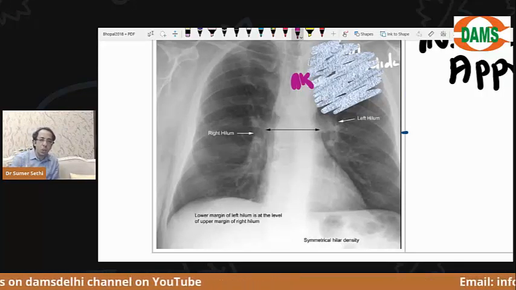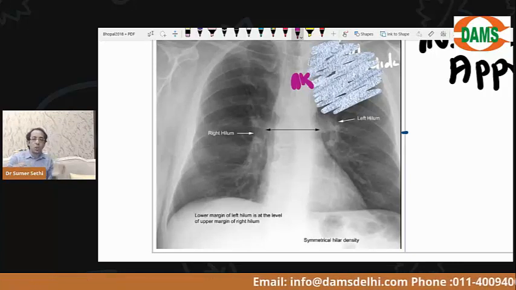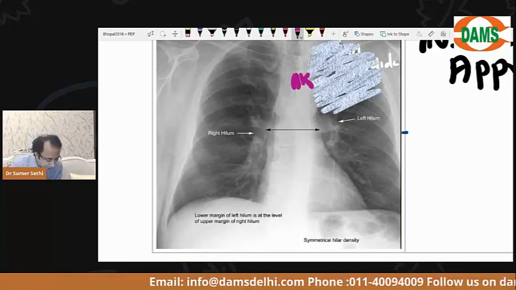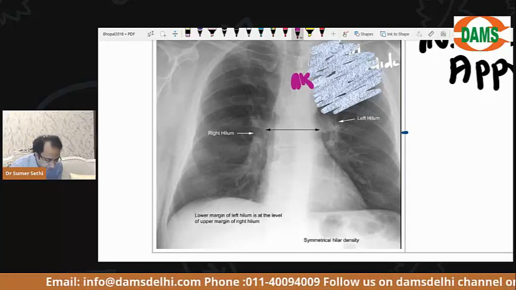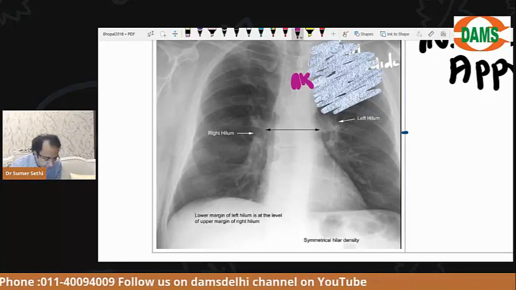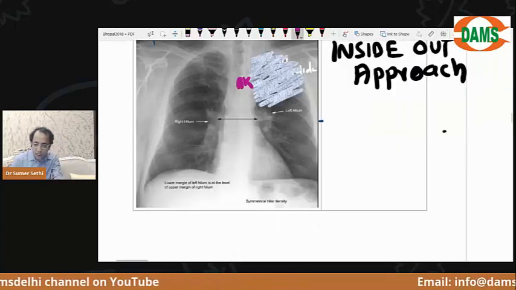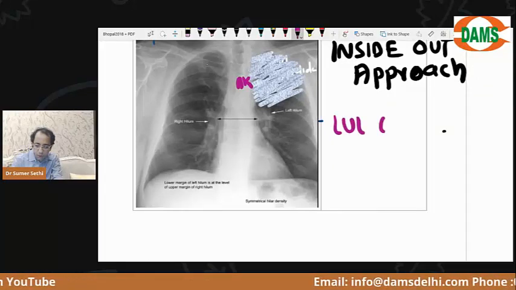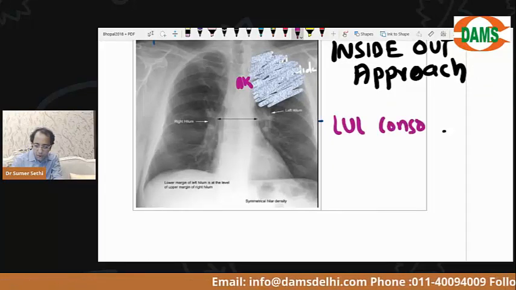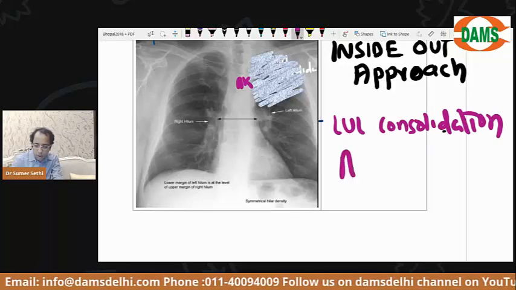If there is disease in the left upper lobe, the aorta should not be visible because its border will not be found. Does everybody understand this or not? Okay, yes. Do you agree that if it is a left upper lobe consolidation or pneumonia, the aortic knuckle should be